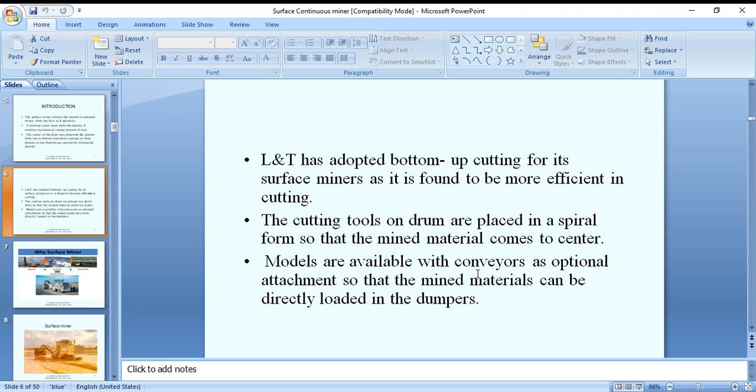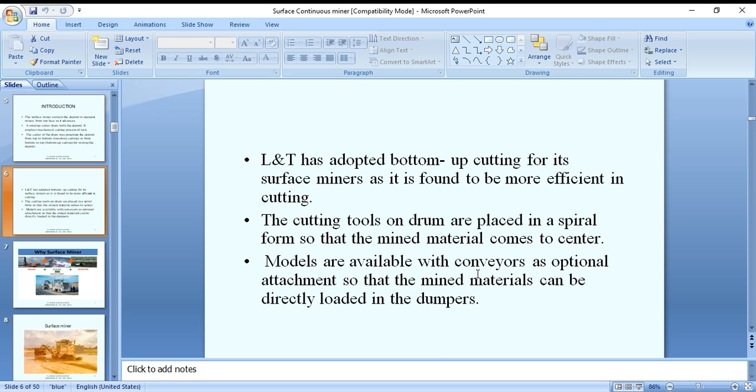In such situations, this machine is the dominating choice for extraction. L&T has adopted bottom-up cutting for its surface miner as it is found to be more efficient in cutting. This is a separate model. In front, there is a long boom with picks on the periphery. Against the ground, it will be continuously rotating, so the upper layer of ground is smoothly cut. The cut material will be loaded by the inherent conveyor belt